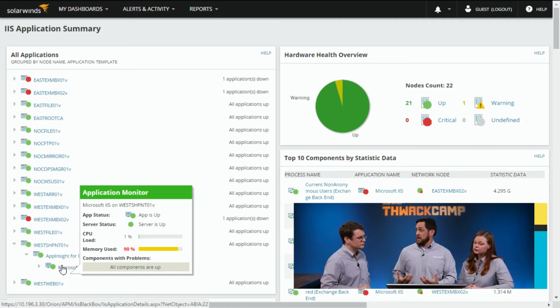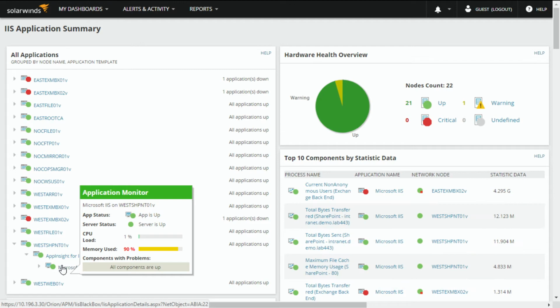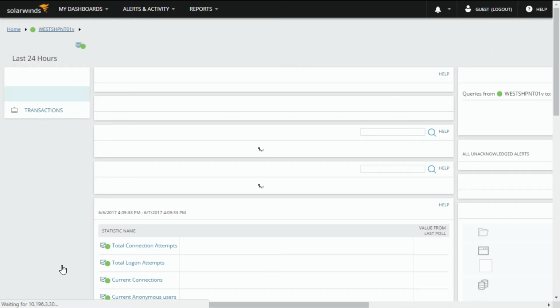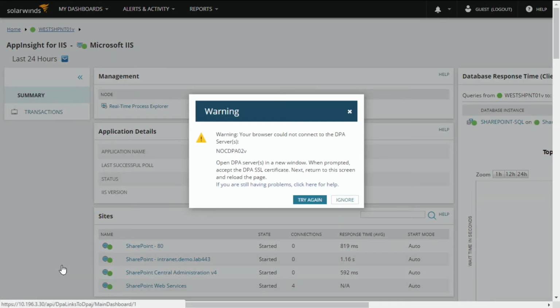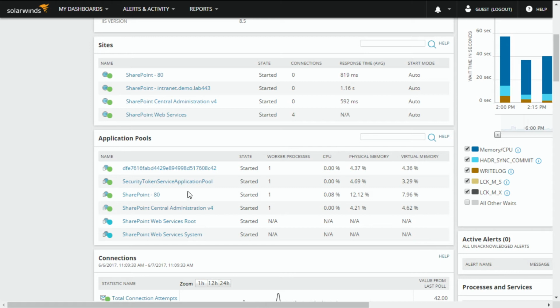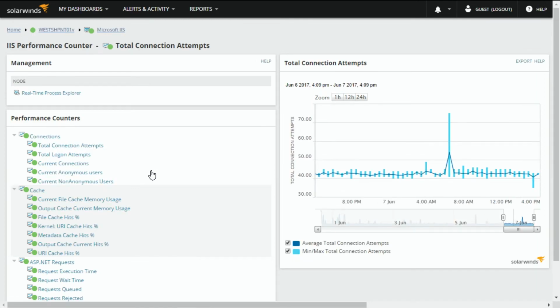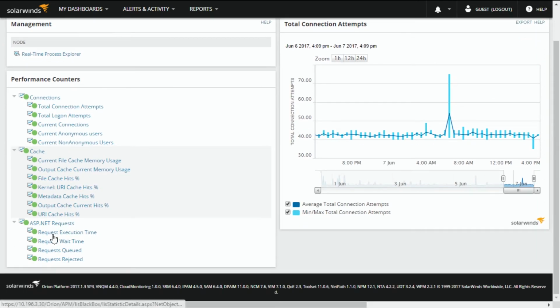Okay. So if you're not an application expert, which many of them aren't, but they've been thrust into this need to manage and monitor these applications, we want to try to give them a little bit more context of what problems are and what they could be. So when we look at App Insights for IIS, we can start to dig into all of these different metrics and understand, if there's a problem with that metric, what does that problem mean? So if you start clicking through metrics, we'll look at something like total connection attempts.